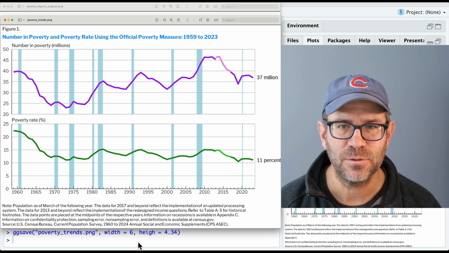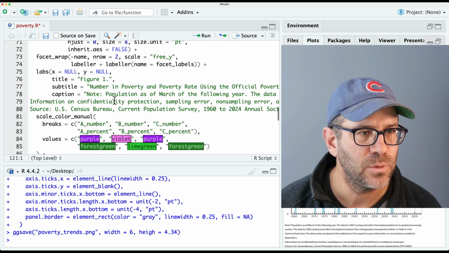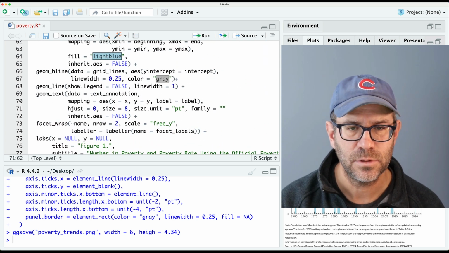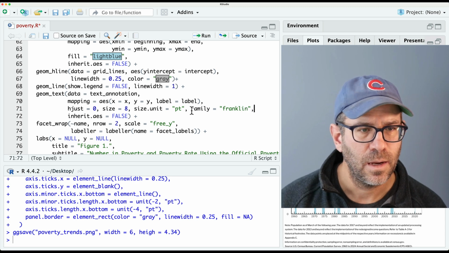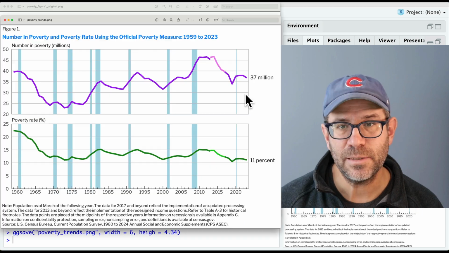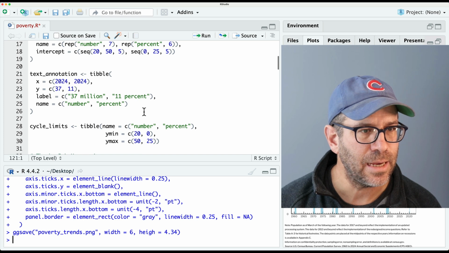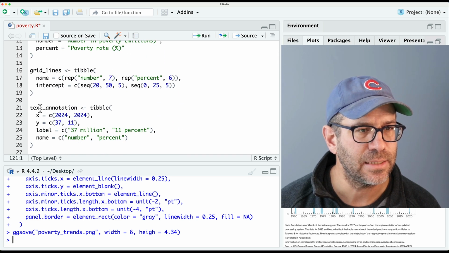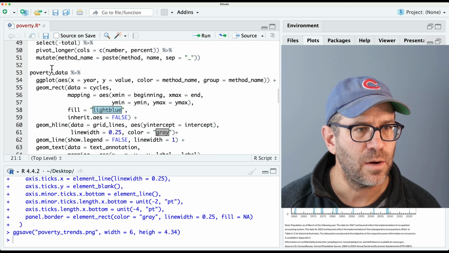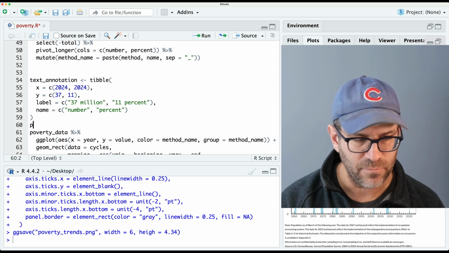So we need more space, but I also noticed that we don't have the Franklin font. And so let's add that to our geom text. And here we can then say family equals Franklin. And then again, for our margin, we can go up to 50. Now we need the actual values here in the margin. And so we got that with this text annotation, right? So I'm going to grab text annotation, bring it down below poverty data. And maybe what we can do is to take poverty data,